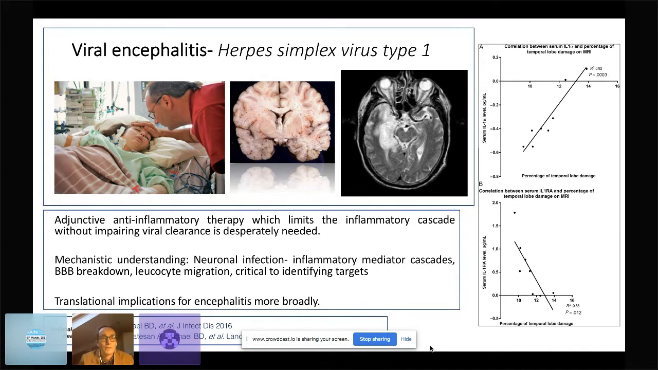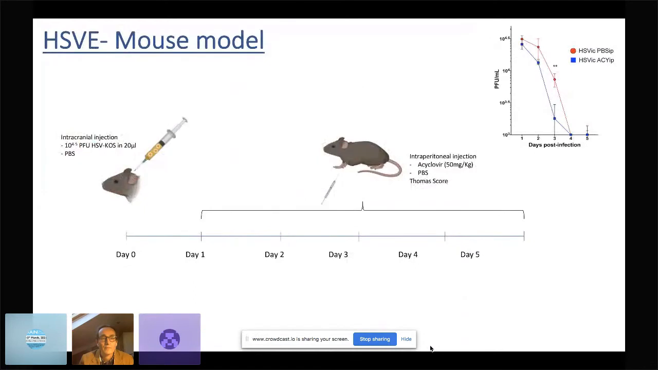But really, we need a mechanistic understanding of how what is predominantly a neuronal infection leads to inflammatory mediated cascades, blood-brain barrier breakdown, leukocyte migration into the brain. Understanding this is critical if we're ever going to identify targets for targeted therapy. And clearly, understanding this for HSV encephalitis has translational implications for encephalitis more broadly. Clearly, in a human, you often get one lumbar puncture or two if you're lucky, so it's a challenge to